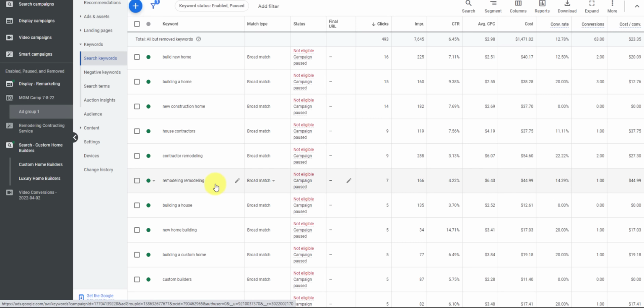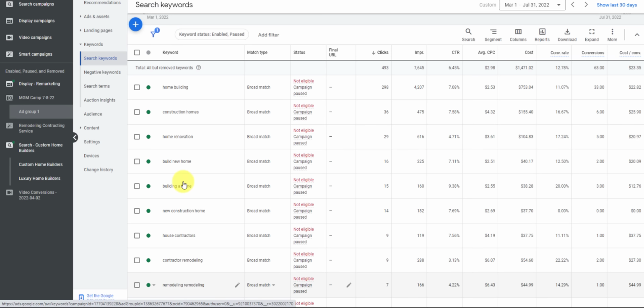If you want to do two services at the same time, they should be in different campaigns. At the very least, two different ad groups. You've got remodeling and home renovation and a custom home. These are completely different things. There's remodeling, there's renovation and changing up certain parts, or there's building a custom home from scratch for several $1 million probably. So these are completely different things. Even if the client was running all these at the same time, different campaigns, different ad groups,